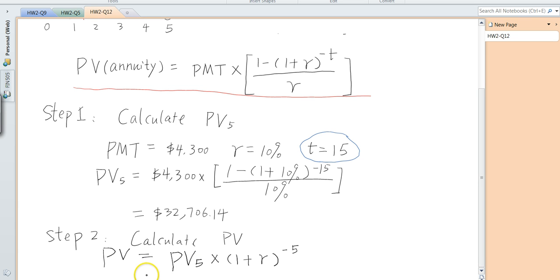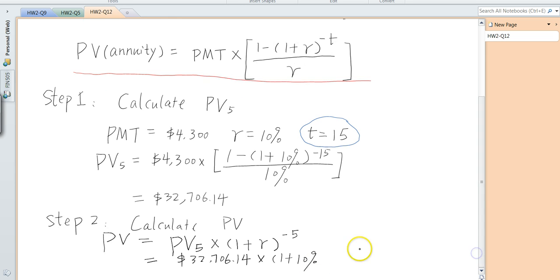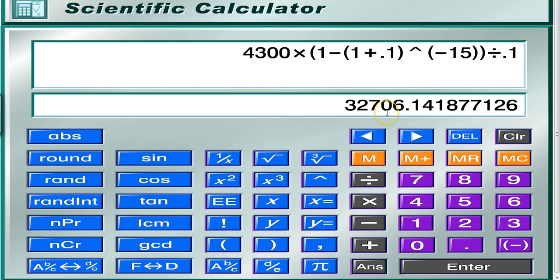So now further plug in the numbers. 32,706.14 times 1 plus 10% raised to the power of negative 5. So now let's put these numbers into the calculator. I can further just input these because I got this present value in terms of year 5. So times, oh gosh, too many times. Multiply by